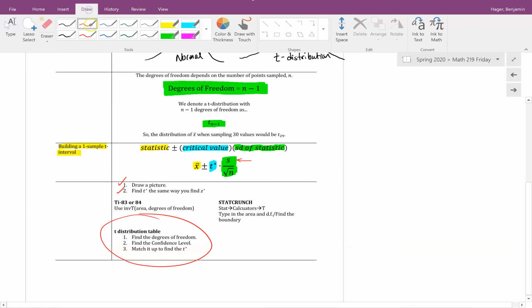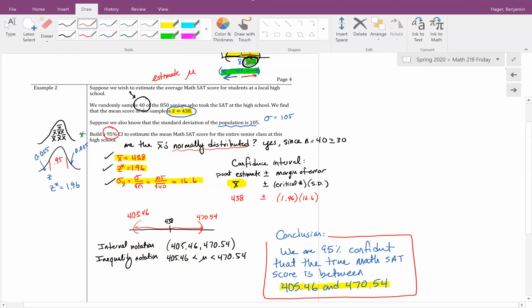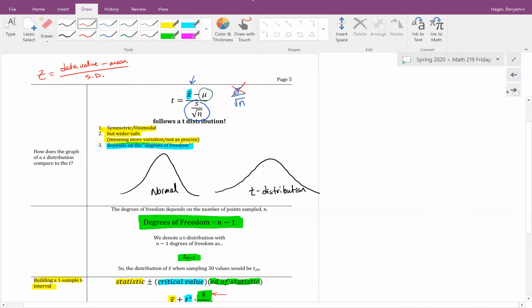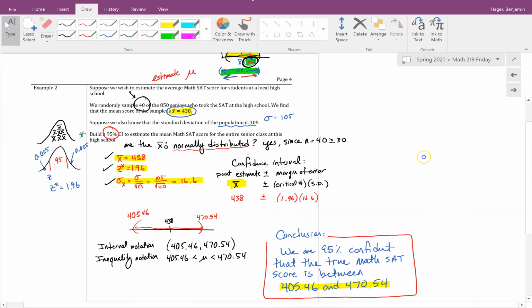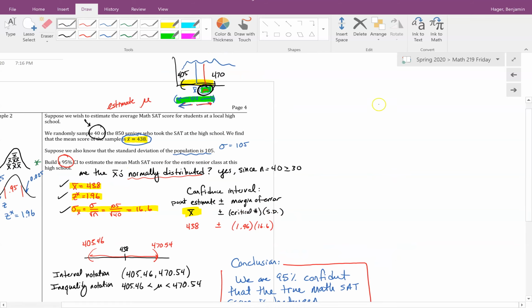Okay, this video is part 2 of lecture notes 8.1 and 8.2. Just to recap what we did on the first part, we built our confidence intervals, and we talked about the basic idea that a confidence interval is essentially,